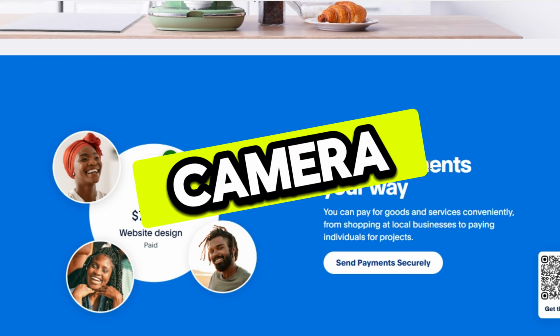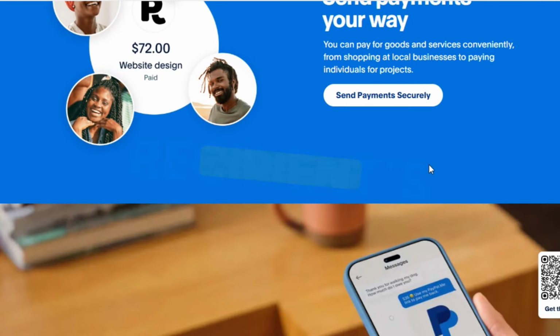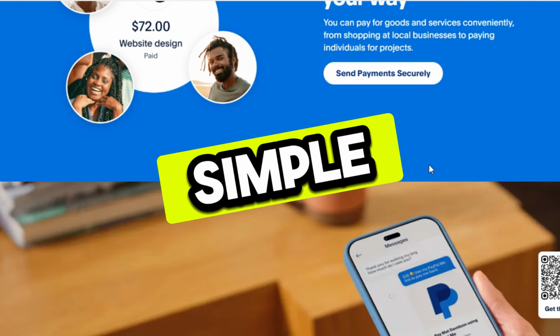Make sure your app has camera permissions enabled. Always verify the recipient's name before paying. Quick and simple. That's how to scan a